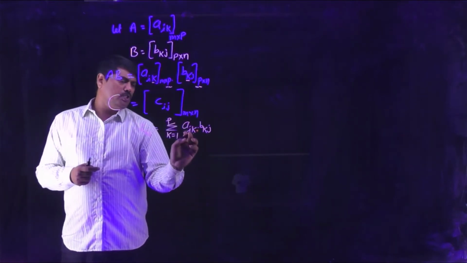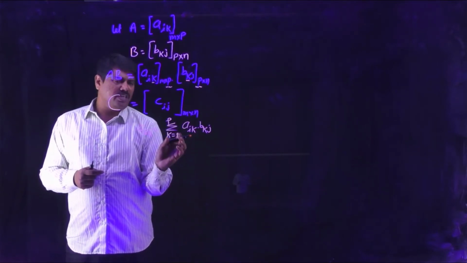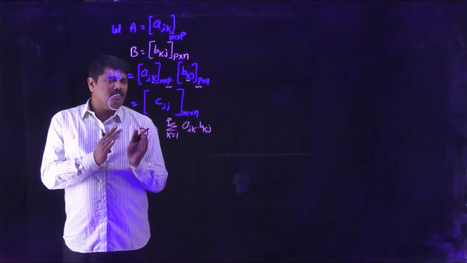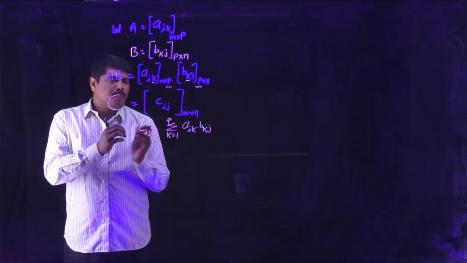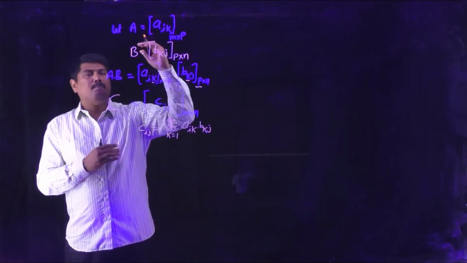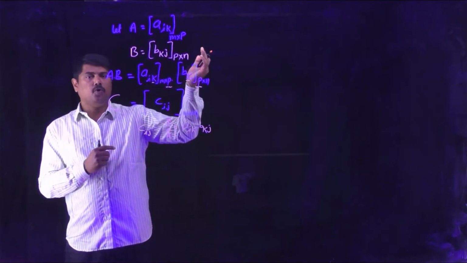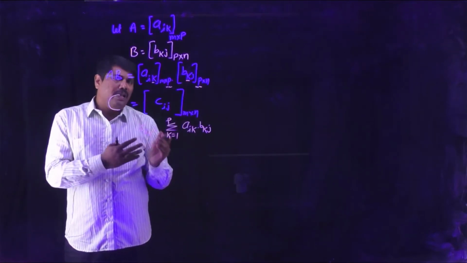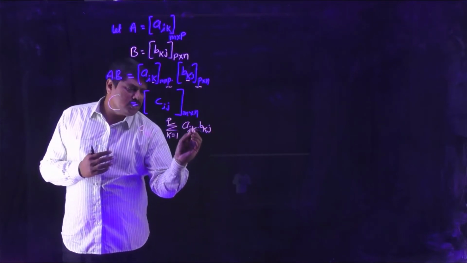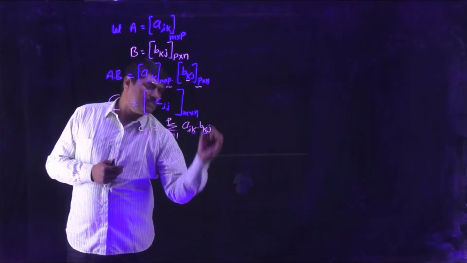So what is the expansion? If you substitute k with 1, you will get a_i1 b_1j. If you substitute k equal to 2, you will get a_i2 b_2j. And you can observe, you have to multiply those elements whose column number and row number are equal. According to the condition for multiplication, number of columns equals number of rows, and while obtaining the elements, you have to multiply the elements whose column number is equal to row number. This is another important point you have to observe.